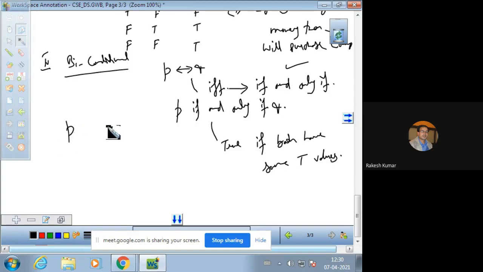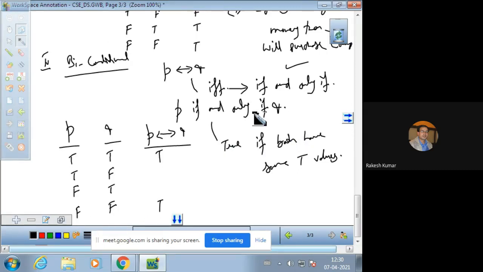With the help of a truth table, we can show like this: P biconditional Q. Suppose P takes again the same truth values T, T, F, F, and this is T, F, T, F. So when both have the same truth values, both are true, this is true, both are false, then that will also be true. अगर ट्रुथ वैल्यूज दोनों स्टेटमेंट्स P और Q की सेम है तो वो T रिजल्ट देगा, अदरवाइज फॉल्स स्टेटमेंट विल बी देयर. इसको एग्जांपल की तरह भी ले सकते हैं.